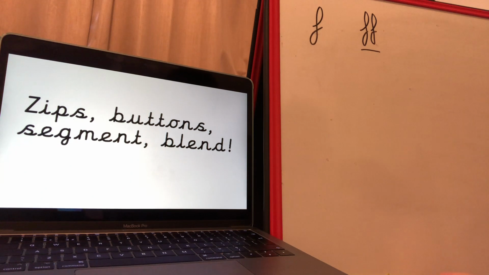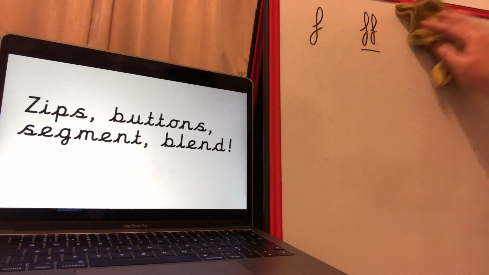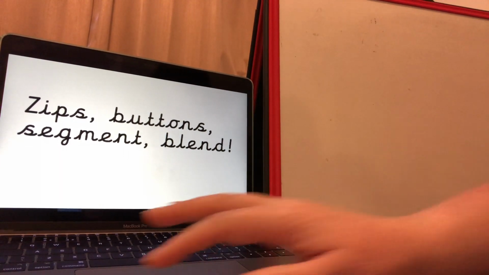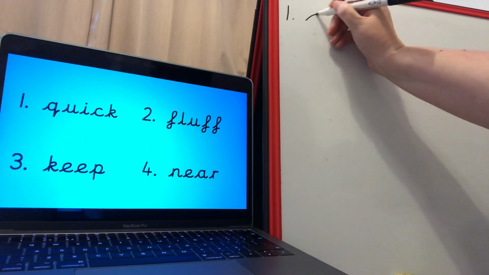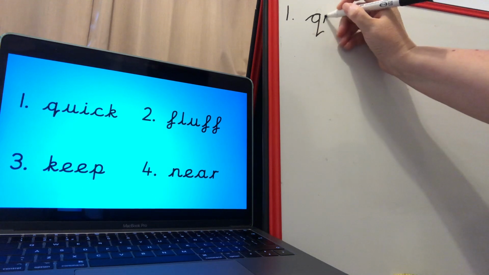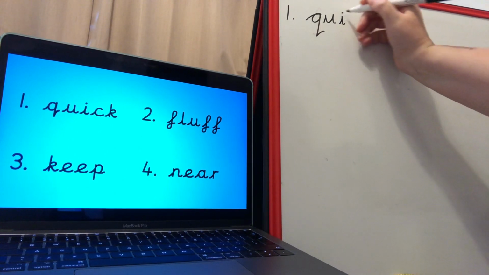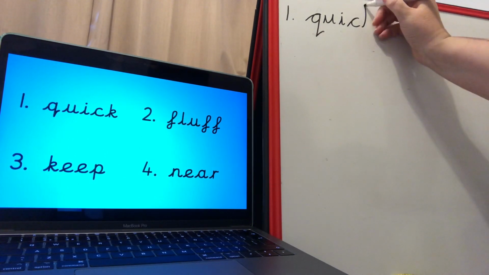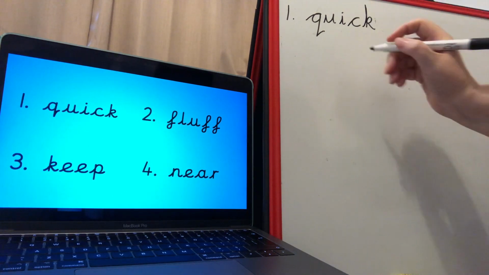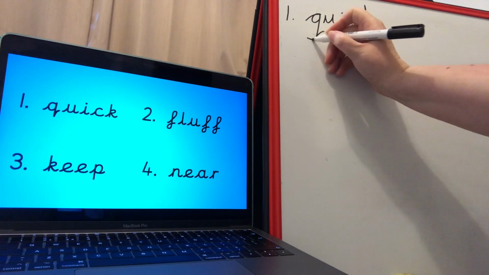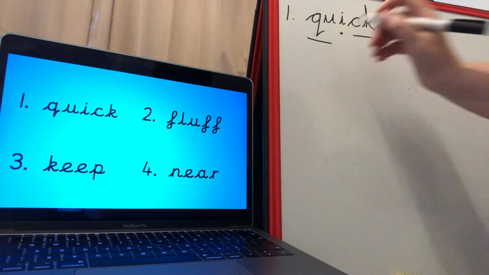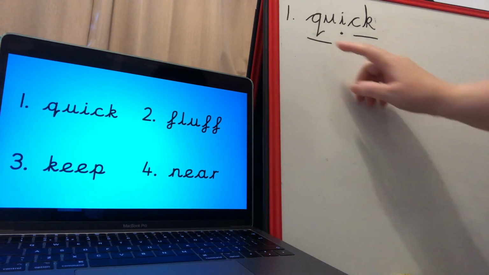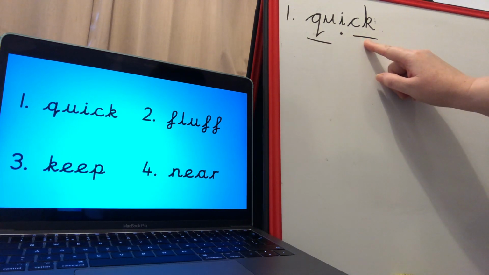Okay, we're going to be using our zips, buttons, segmenting and blending to read some words next. So I'm going to write the first one on my board. Remember to use your cursive writing when you're doing this. I'm going to have a look for digraphs first. I can see one at the beginning, one at the end, and a grapheme I need to button in the middle. So this word says quick, quick,